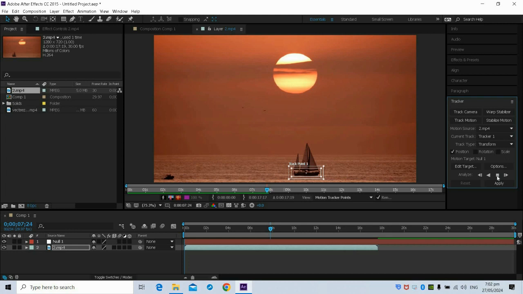Okay, at a certain time, there is a speedboat that appears on the video. So later we're going to add a text that will follow the movement of that speedboat. So we're going to add another track point.